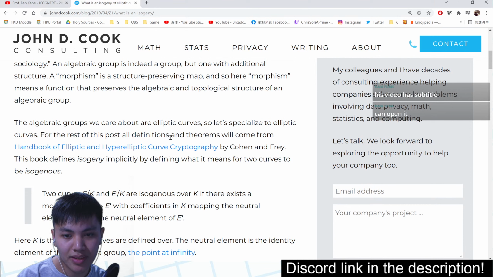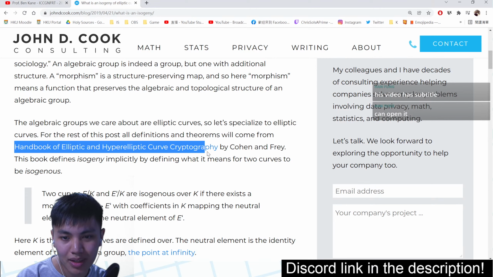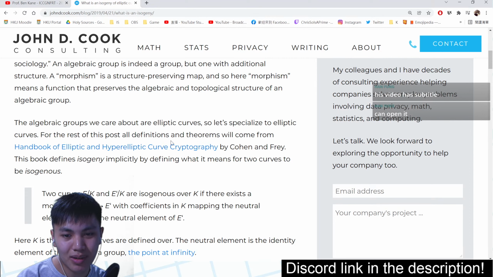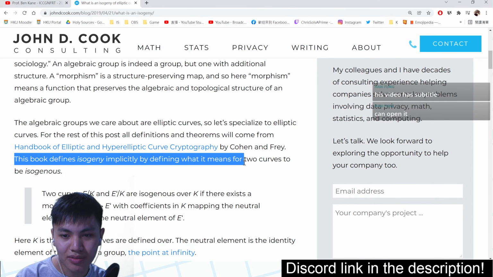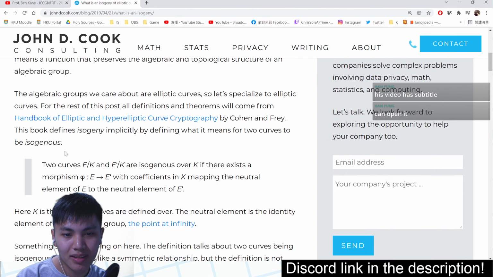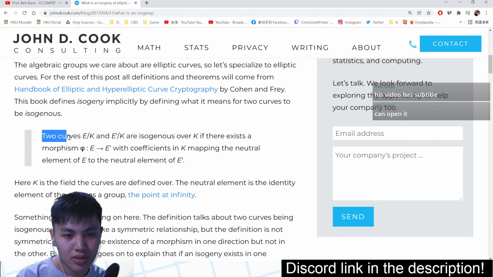For the rest of this post, all definitions and theorems come from Handbook of Elliptic and Hyperelliptic Curve Cryptography。見到 cryptography 已經冇乜興趣，太實用嘅我哋係唔會做嘅。This book defines isogeny implicitly by defining what it means for two curves to be isogenous。咁兩個 curve 點樣先叫 isogenous？有兩個 curve，E/K 同 E'/K，我簡稱做 E 同 E'。If there exists a morphism，